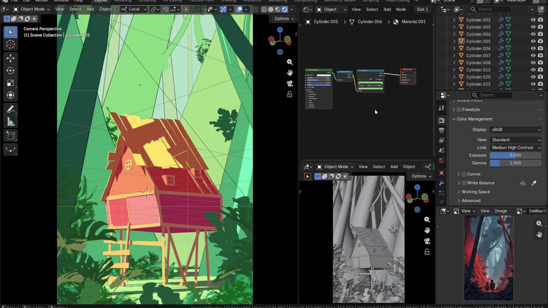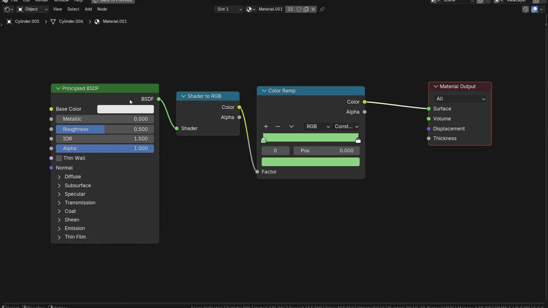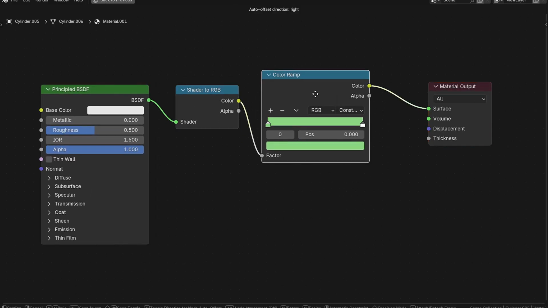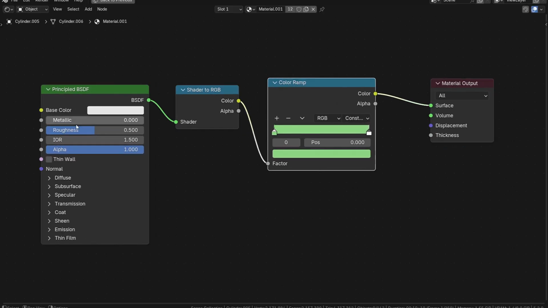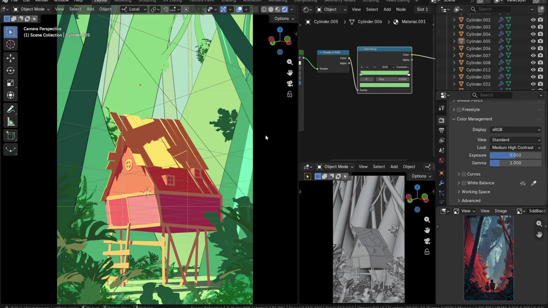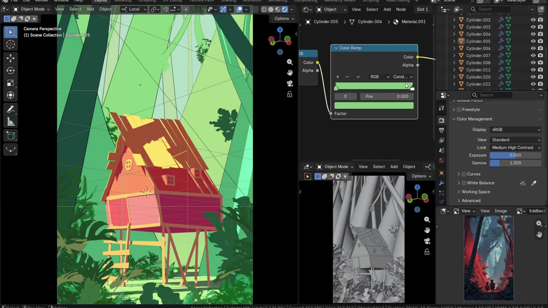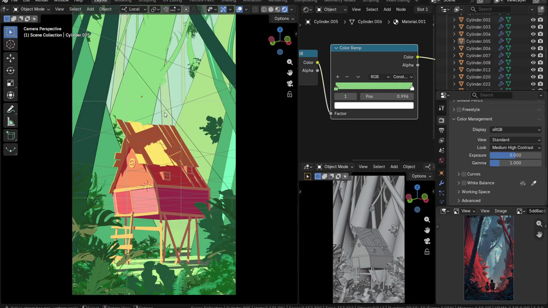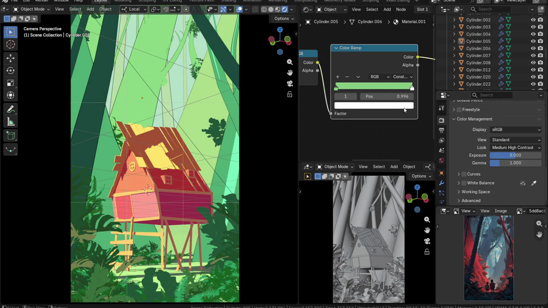Now for the texturing, I'm using cell shader for every single thing. It's principled shader with shader to RGB connected to color ramp, and I'm gonna use it for every single object there is in my artwork. It's just a different color palette for every one of them. At this point of the project, the color variation doesn't really matter that much. All I want to see is how the color scheme is showing up